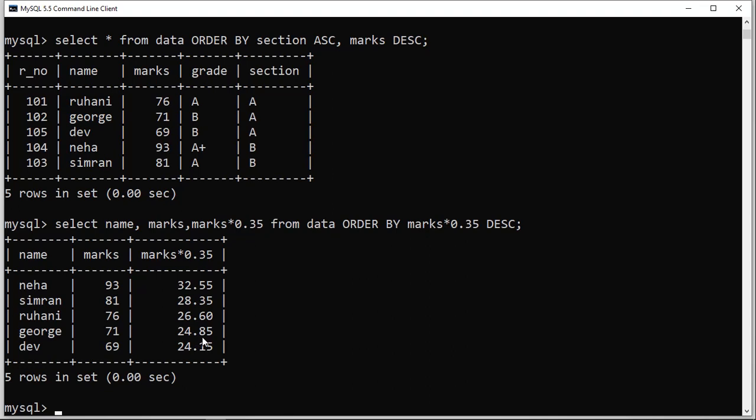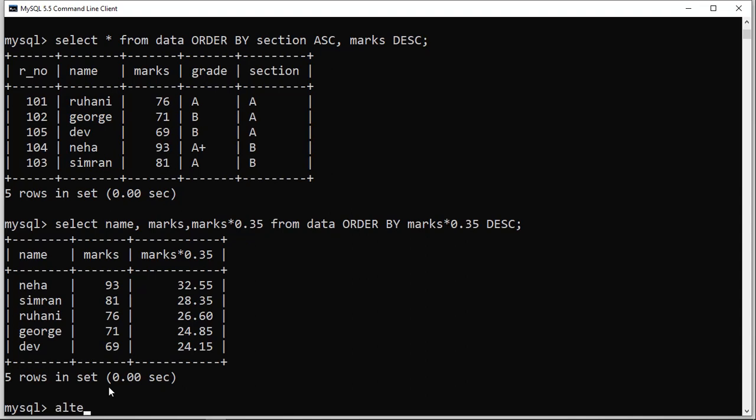So right now I think you are clear on how we can create a particular expression, and then sort our results according to that expression. Also, if we want, we can create some custom sort order, and for that we need to use the field name. We don't need to create any table, we already have a table. Let's add a new column in that. Let's name that column project.